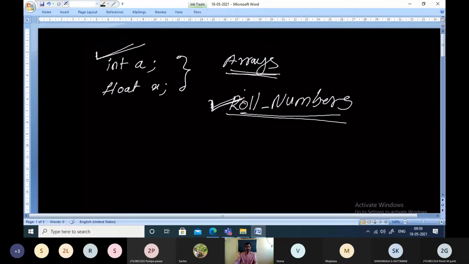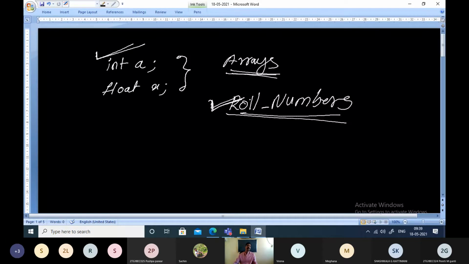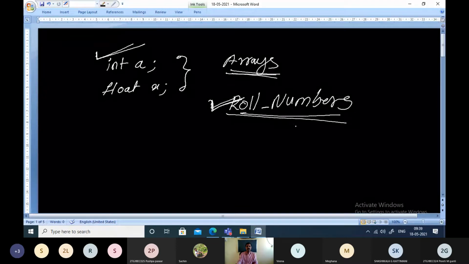So basically an array can be defined like this: an array is a collection of elements of the same or similar data type. When you talk about roll numbers, all the roll numbers are of type integer.